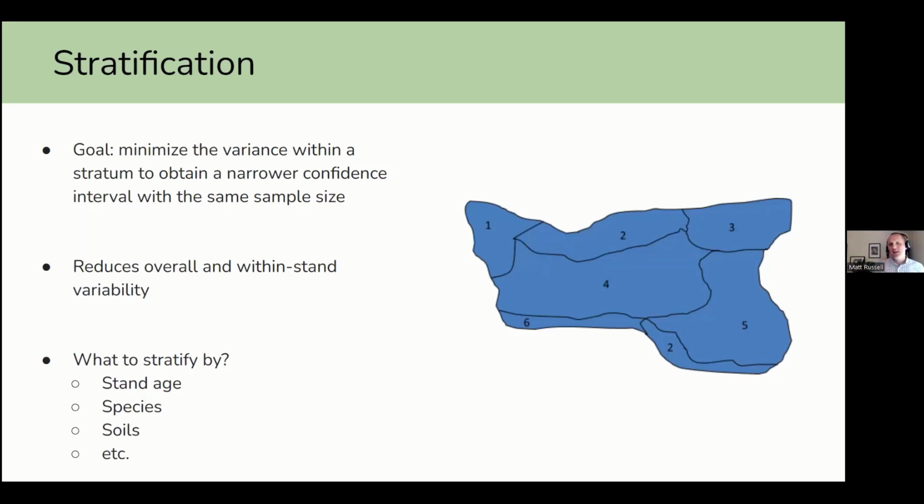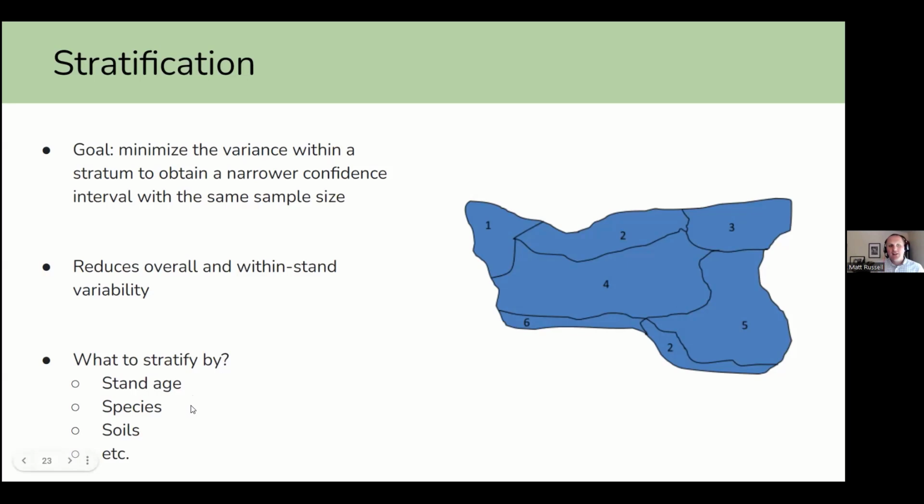What I show here on the right, imagine this is a forest with different strata. We have 6 different strata here, labeled 1 through 6. Imagine these are different stands. They're not of the same species or not of the same age, or something like that. There are lots of things that you can stratify by. Typically, it's stands when we do this in forestry. And those stands are often designated by the age of the trees, the species, the soils, the topography, environment, and some other things. So there are lots of different ways to stratify these stands.